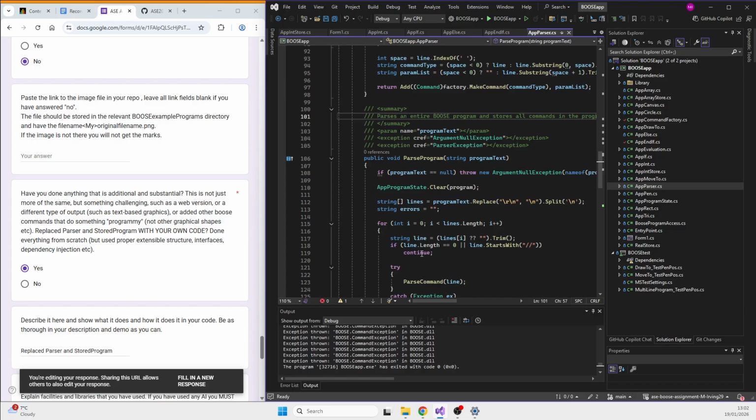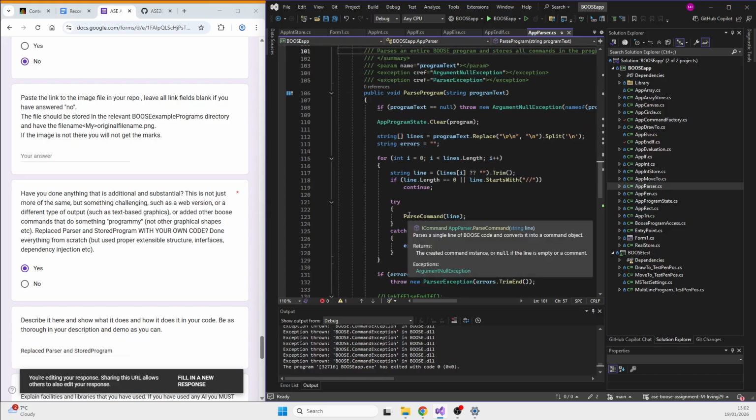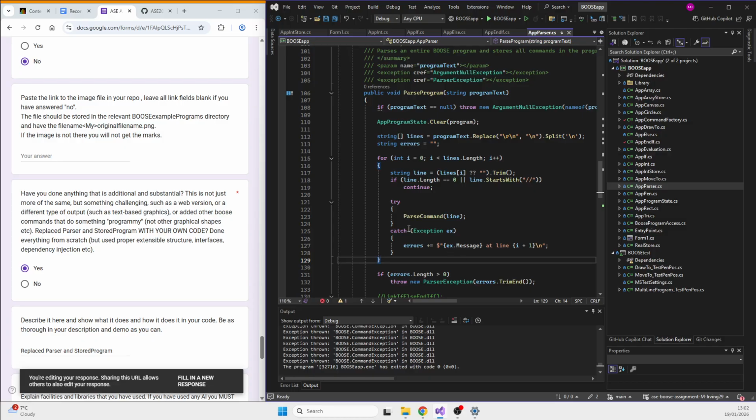And this is the for loop. It's going through it, trimming it, and it will attempt to parse it. And yeah, it will display exceptions if that's the case. And if the error length is greater than 1 or 0, well, I can't read, I don't know about that.